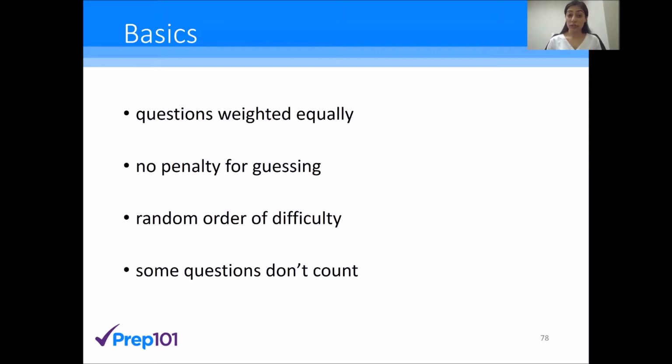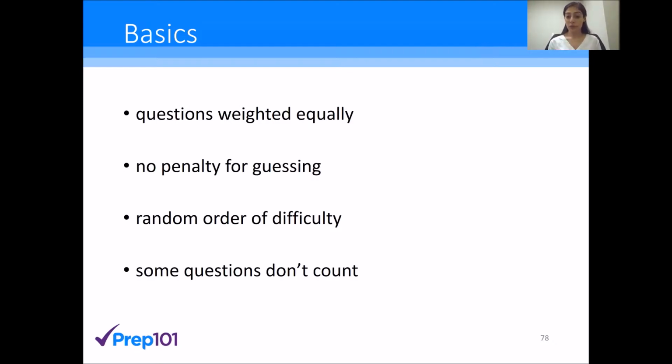You'll never know what these questions are, but the takeaway from that is not every question will count towards your final score. So if you get a question that's really difficult, that's taking up too much time or too much effort, and you just don't seem to understand it, there is some comfort in knowing that perhaps it may be an experimental question. However, this doesn't mean that you don't have to do all of the questions. You should still be doing all of the questions. And again, this goes back to the fact that you don't know which ones the experimental ones are. It doesn't make sense to take a guess and say, this is probably experimental, I'll be fine if I don't do it. Okay, so let's move onwards.